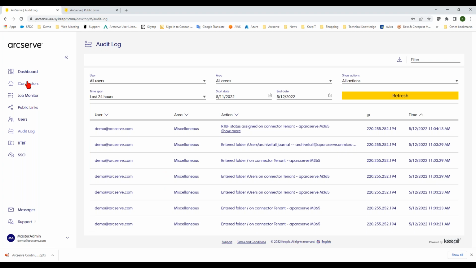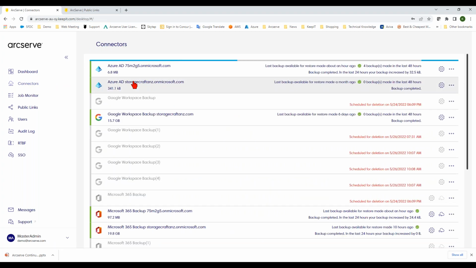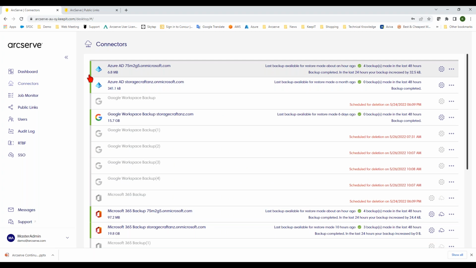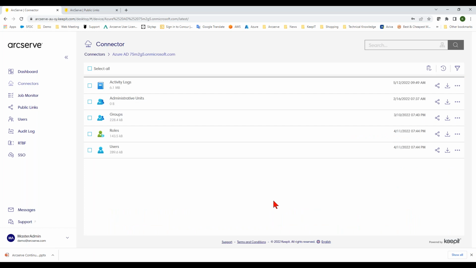That also brings me to a point about the Azure backup. If you are an Arcserve subscriber, we can create an Azure backup. This is actually free at the moment under promotion. I don't know when it is going to change, but at least at the moment it's free. If you change anything on your Azure AD, you add a user, delete a user, modify a group policy, etc., basically